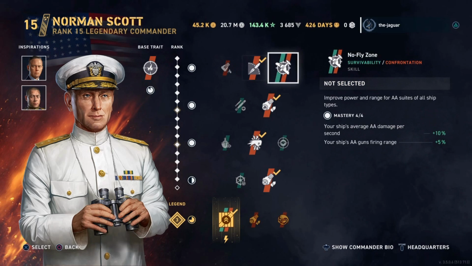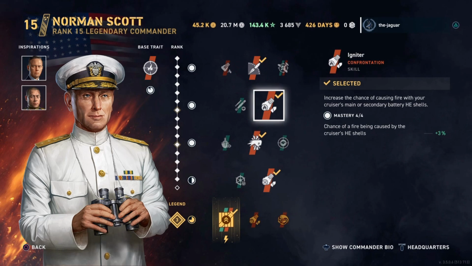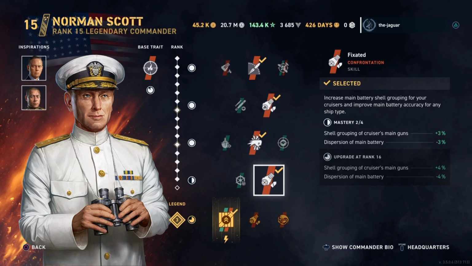As for the skills, I have Beyond Range, increase the main battery range of your cruiser. The second skill is Igniter, increases the chance of causing fire with your cruiser's main or secondary batteries. Third skill is Punch Through, increases the armor-piercing capabilities and maximum damage of your cruiser's AP shells. The fourth skill is Fixated, increases the main battery shell grouping for your cruisers and improves the main battery accuracy